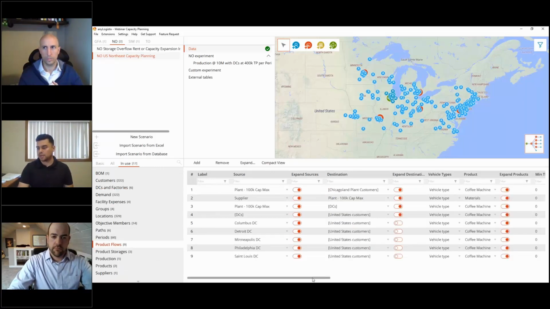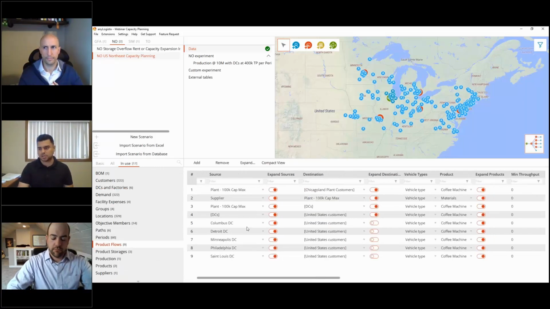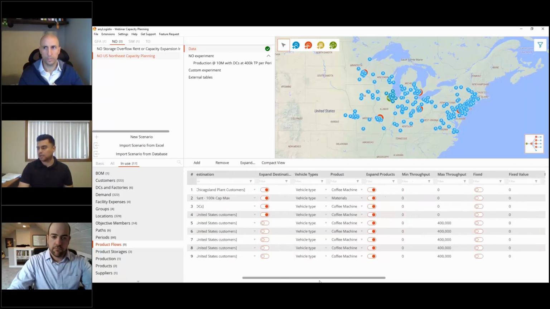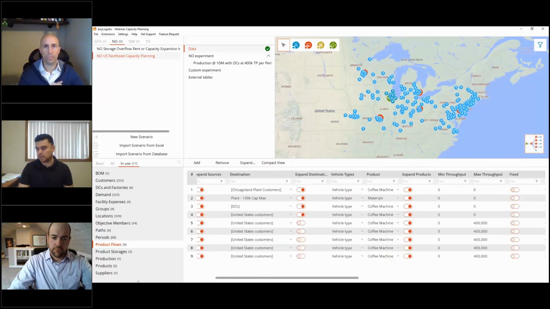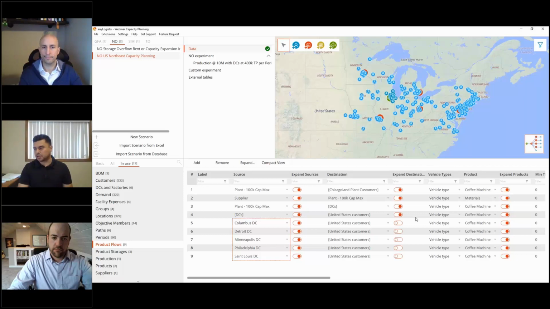We're going to make sure that we add our capacity for each DC. So we take a look, we have our 5 DCs, the last 5 rows, and we've adjusted with a max throughput of 400,000 units. So this is how much these locations can outbound from a production process rate every month. They can only do 400,000. We've made it very simple for the 5 DCs just for the demo. But just make sure that you expand your destinations, so that you understand that globally, sending to these customers, you're maxing out at 400,000 per month.